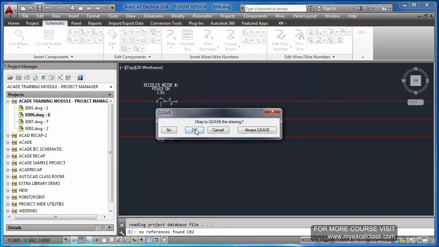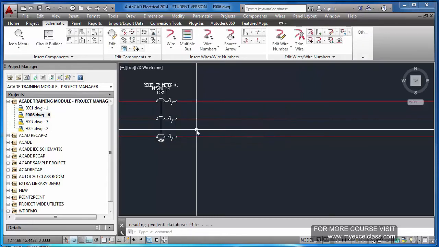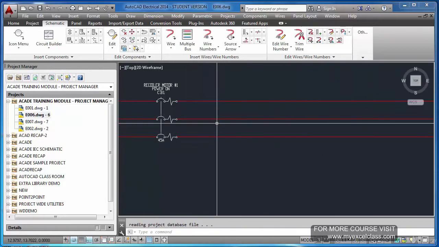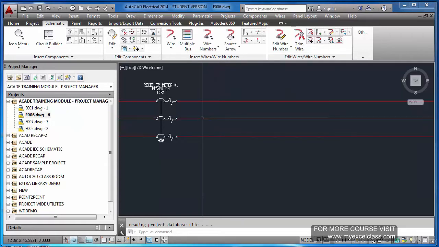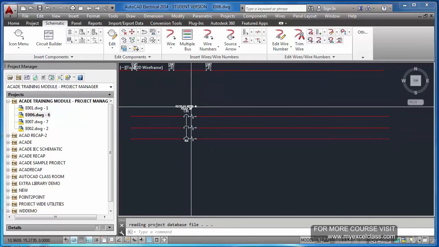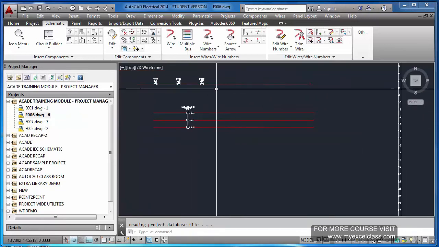If you say okay, now it is asking, okay to QSave drive, because you know what it will do. This particular project has 4 sheets. It will go and search all the 4 sheets. It is not necessary we have used the child contact only in this sheet. We can use it even in the other sheets. So if you save this, it will search the database whether the child component has been used somewhere else or not. So always do this updation. Fine. Now this is edit.